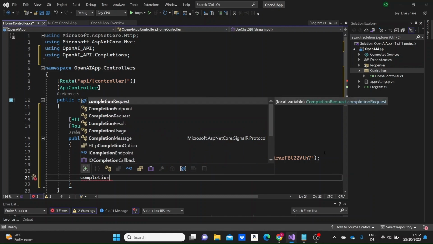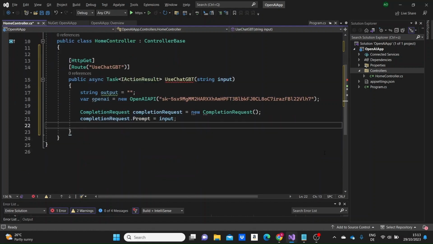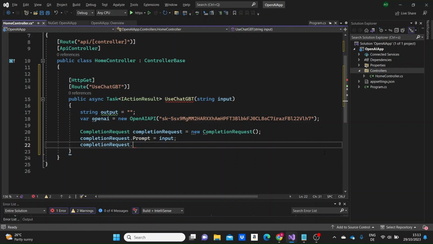So the completionRequest.Prompt will be equal to the input variable. And here I'm also going to specify the completionRequest.Model property, which I'm just setting it to